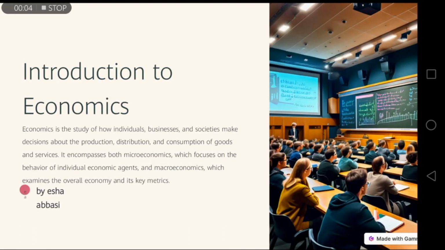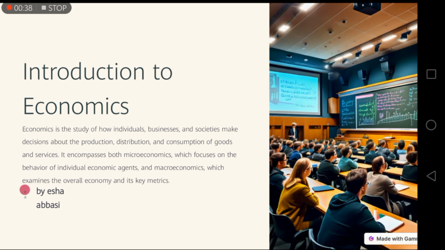And today we are going to discuss what the main difference is between microeconomics and macroeconomics, and how micro and macroeconomics work as branches of economics. We will start from the basic definition, which states that economics is the study of how individuals, businesses, and societies make decisions about production, distribution, and consumption of goods and services. It encompasses both microeconomics, which focuses on the behavior of individual economic agents, and macroeconomics, which examines the overall economy